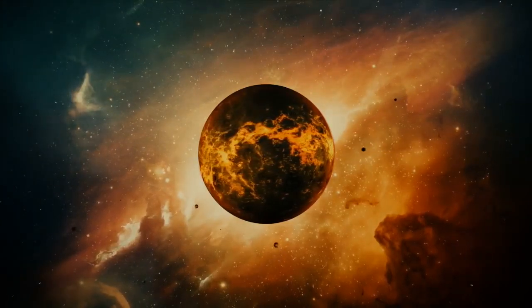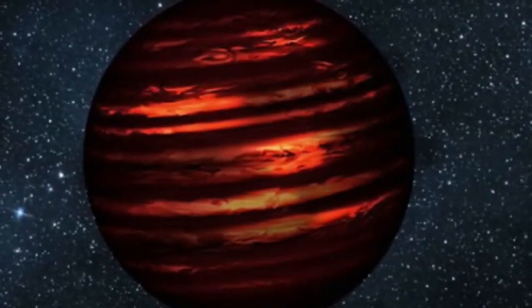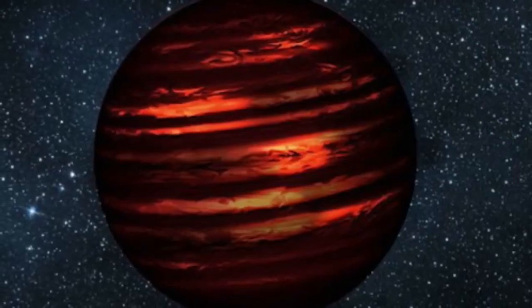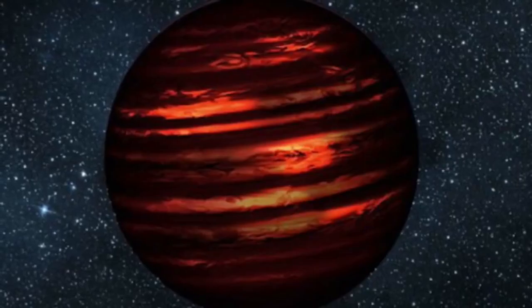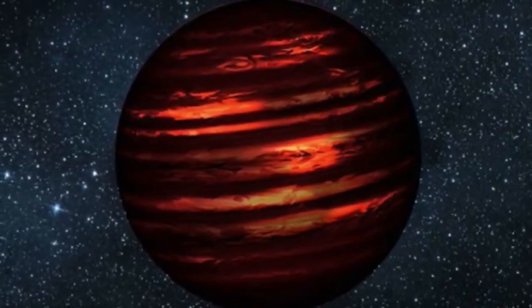In 2017, though, astronomers announced the first such discovery, a planet called SIMP 0136. It's a brown dwarf, so is somewhere between a planet like we normally think of them and a star, and is thought to be around 12 times the size of Jupiter. Thought to have originated in a nearby group of stars, but there's one thing that's particularly stood out about this